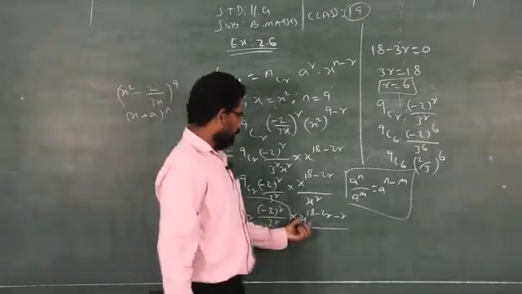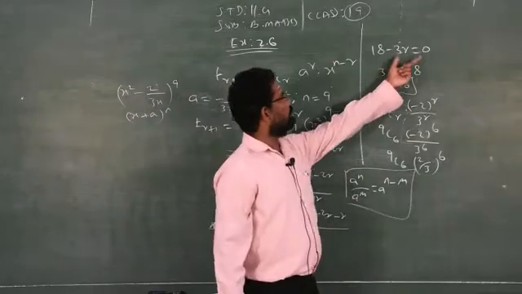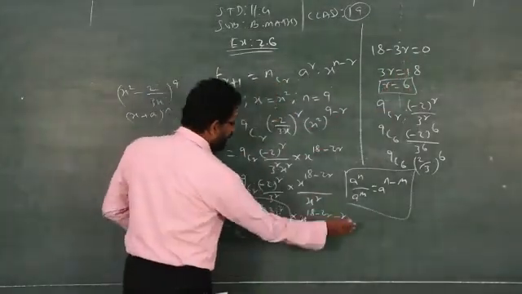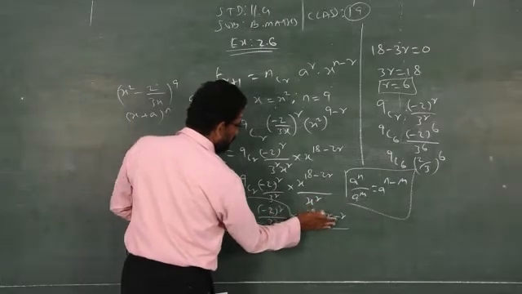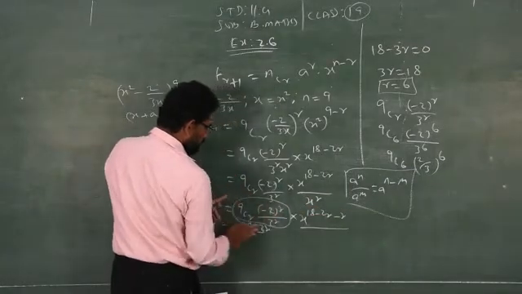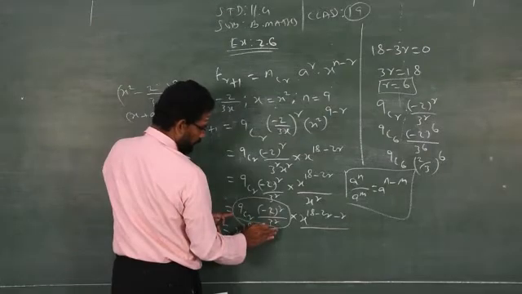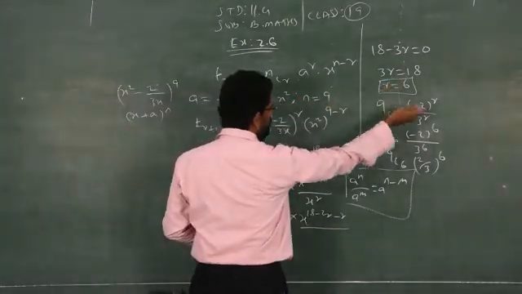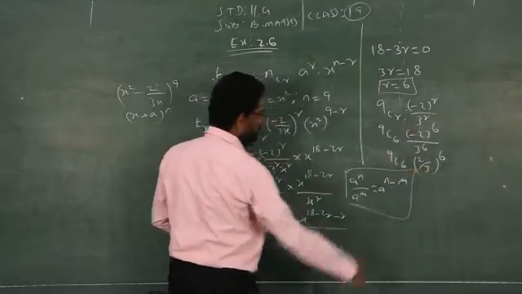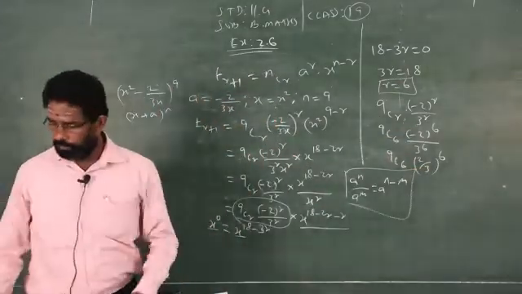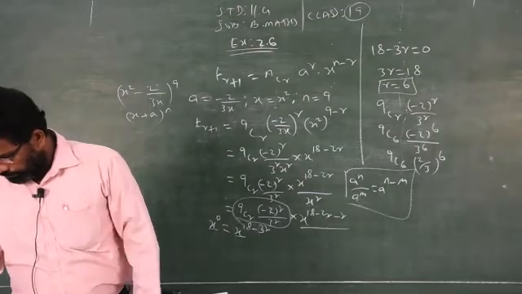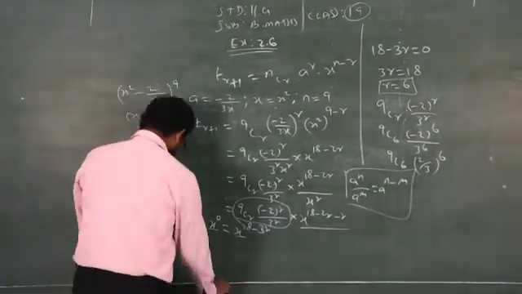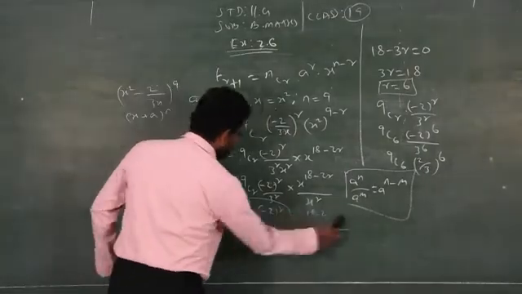So whatever the power of x is here, that will always be equal to 0, and find r. Then, leaving the x factor aside, substitute the remaining factors, replacing r by what you got. If it is 6, you replace r by 6 and simplify, and you will get the answer. This is the method to find independent terms or constant terms. The second sum you take as homework, and I will teach a third one.